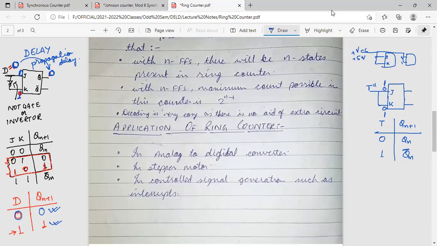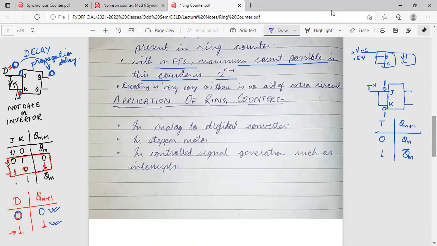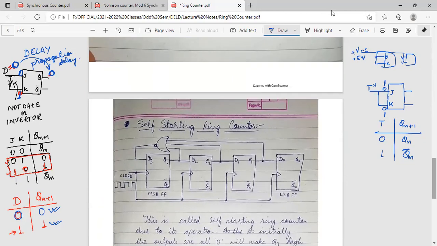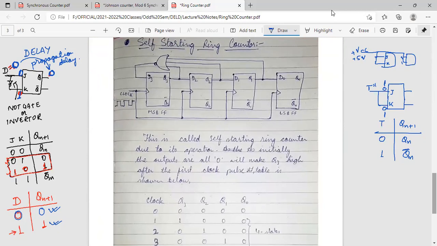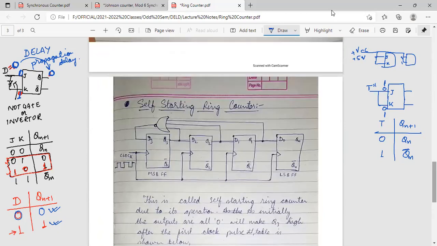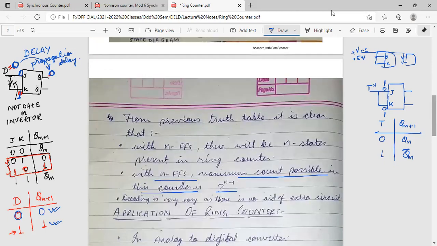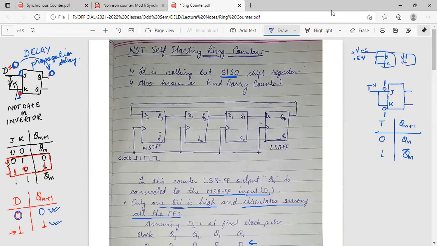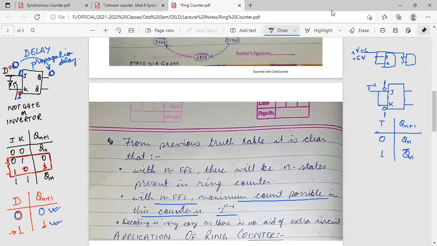So यहाँ पर भी आपको कुछ बातें ध्यान रखनी है, जैसे n flip flops, maximum count possible in this counter is 2 to the power n minus 1. Decoding is very easy as there is no aid of an extra circuit. Okay, so this is the basic thing which you have to know. The self-starting ring counter. Here you can see that it is the example of a not self-starting ring counter. आप यहाँ पर देखोगे दोनों में डिफरेंस क्या है आपको देख कर पता चल जाएगा।